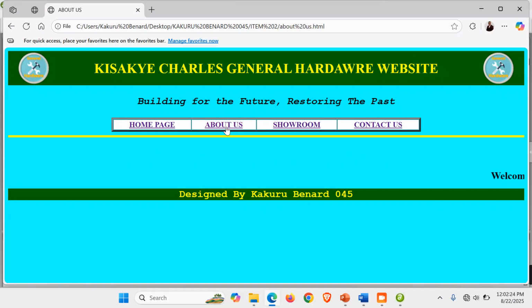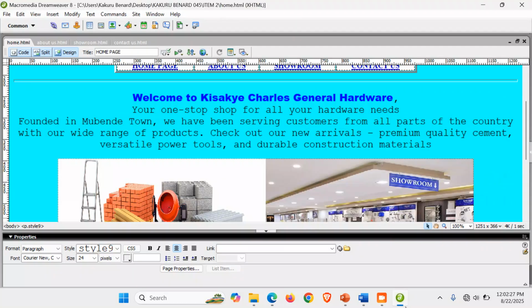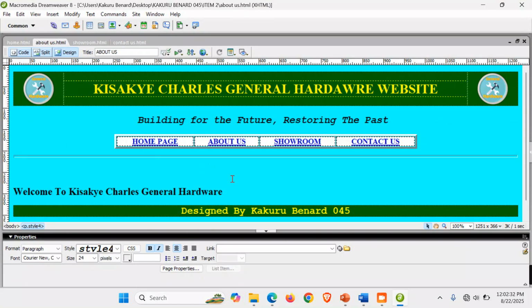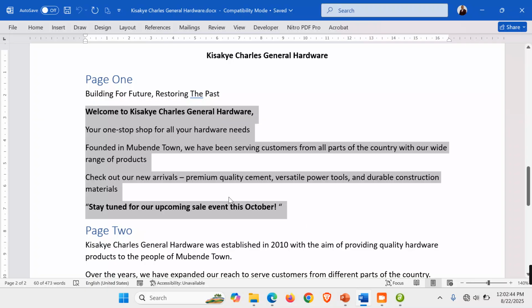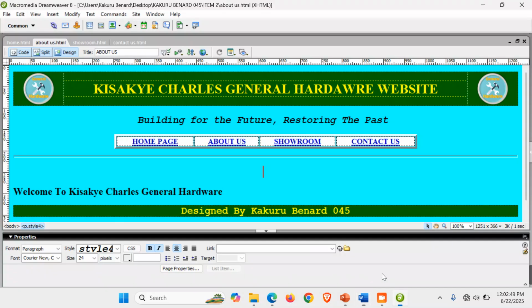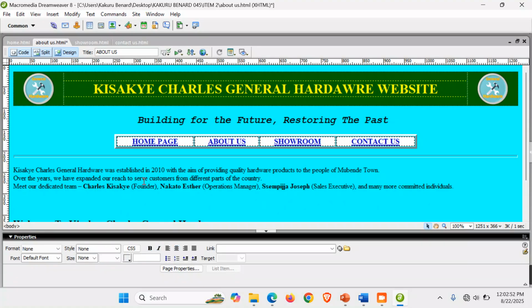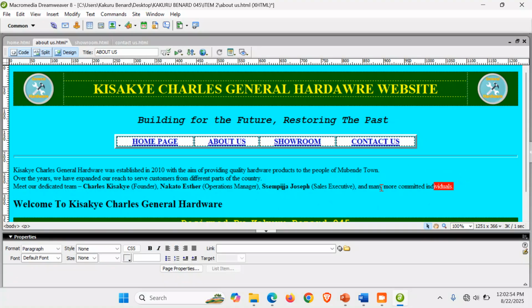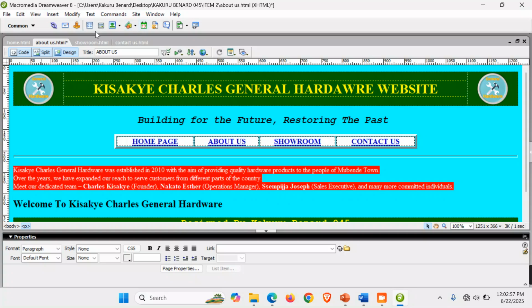Let's go and design about us. Go back to your web authoring software and up here click about us. We have said that under about us we are going to briefly give a history of our hardware shop, when we started, and the key players of our hardware. So for example here we are saying that Kisakye Charles General Hardware was established in 2010 by a team of dedicated